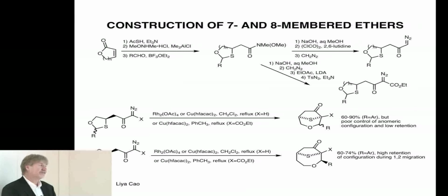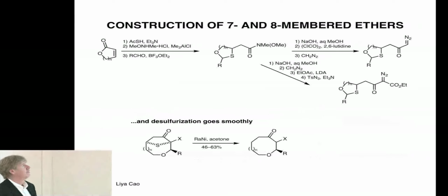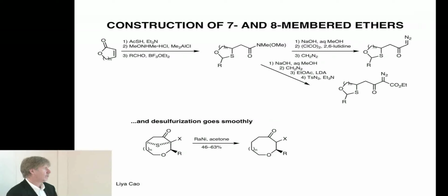That was actually good news because we wanted to make Lawrencin from a precursor where it was going to be necessary to migrate with retention. So this was promising. What about Lawrencin? Oh, and desulfurization works, as you would expect, with Raney nickel to give us the simple monocyclic